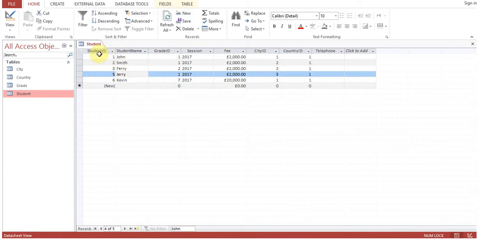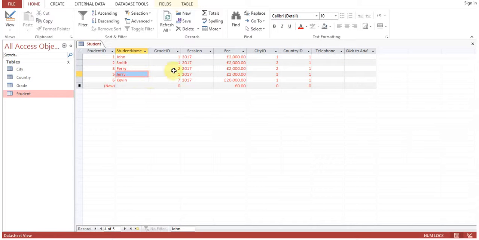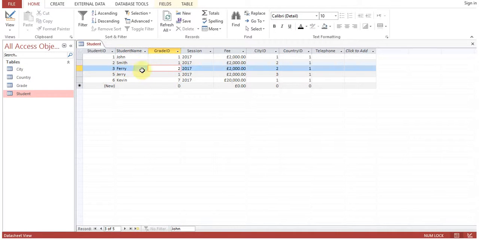Whatever fields you have defined, student ID, student name, grade ID, session fee, all these headers are appearing the same as you have defined in the table. You cannot do formatting, you can't colorize or something like this. Anyways, here you can do it, but again the complete table color has been changed. I keep it to automatic. Okay, so to give a format for the student record, because all the student records are appearing here,